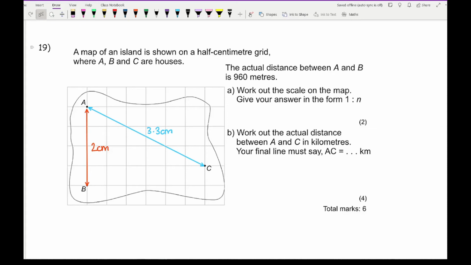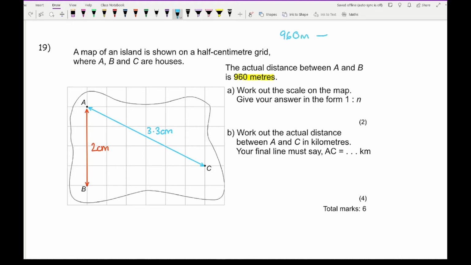So I would recommend that you use these measurements for this answer. Looking at this, it says the actual distance between A and B is 960 meters. Work out the scale on the map, give your answer in the form 1 : n. Now for this, what we need to do first is we can see that the actual distance is given in meters. So what I need to do first is I need to convert